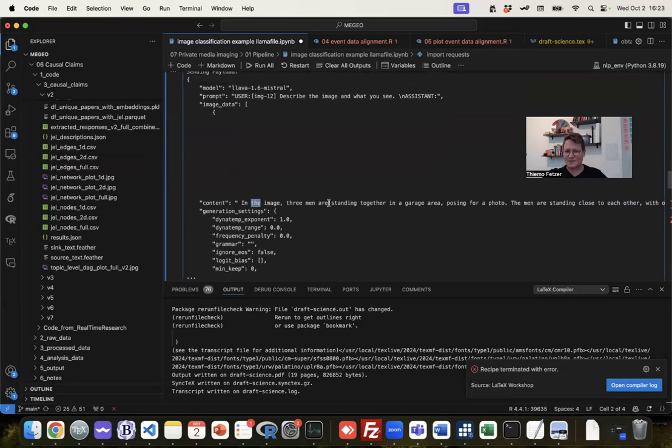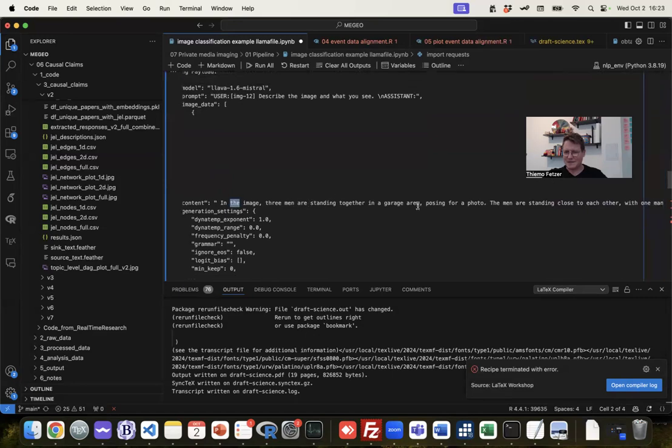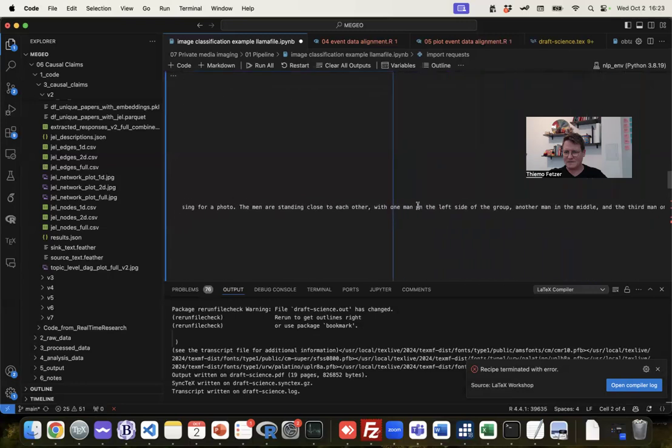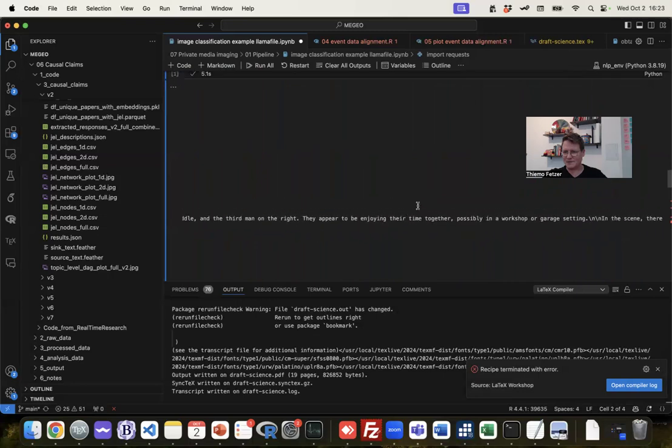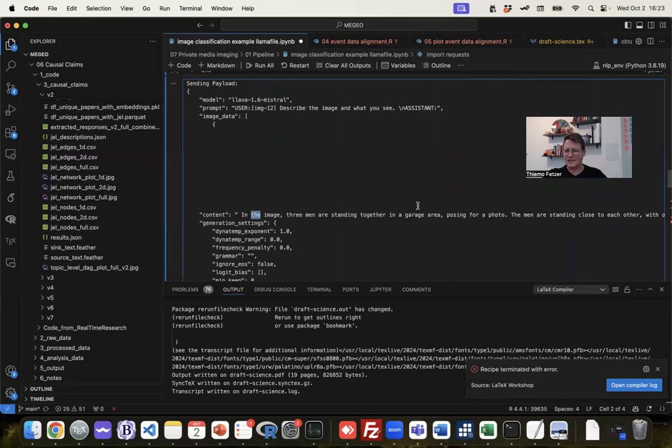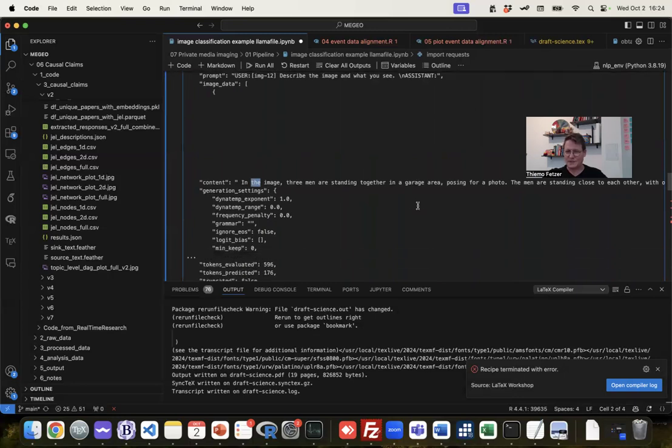As you can see, there's 3 men standing in a garage posing for a photo. The men are standing close to each other, with one man on the left side of the group, another man in the middle, and a third man on the right. They appear to be enjoying their time together, possibly in a workshop or a garage setting. So you can see that this is not super precise, but this is how you can